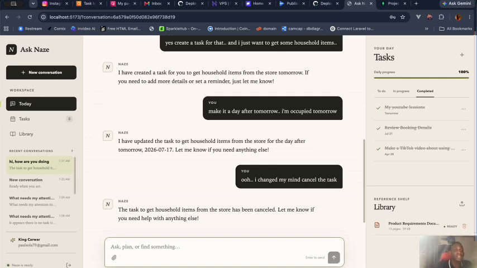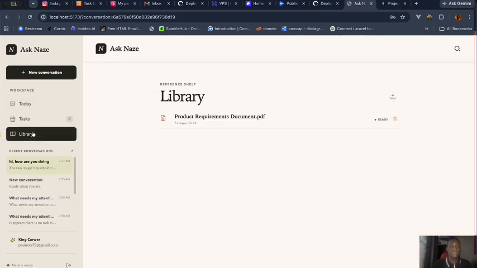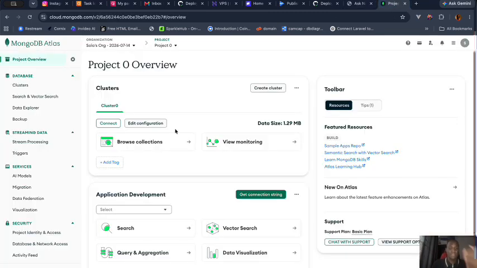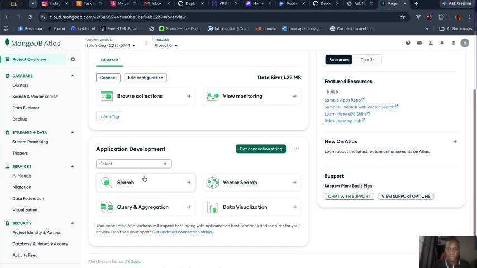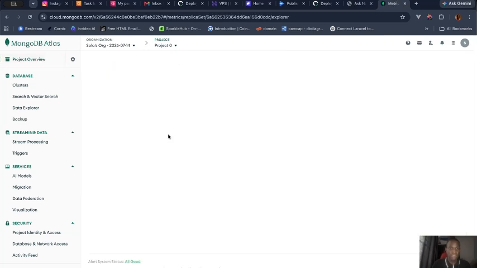Another thing I did is the RAG. I don't have enough time, otherwise I would have connected with an external tool like Google Calendar or something like that. But with this particular RAG system, you can upload a document. I've already uploaded a document, and on the document you can ask questions. The document is embedded. If I go to my collections,